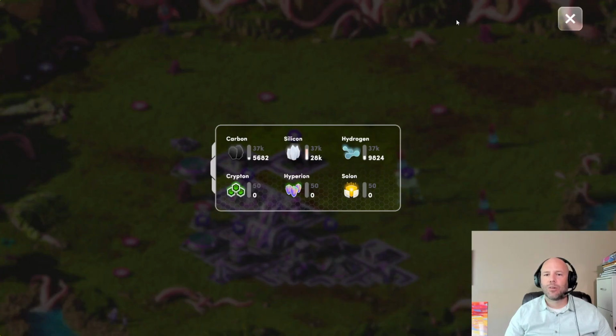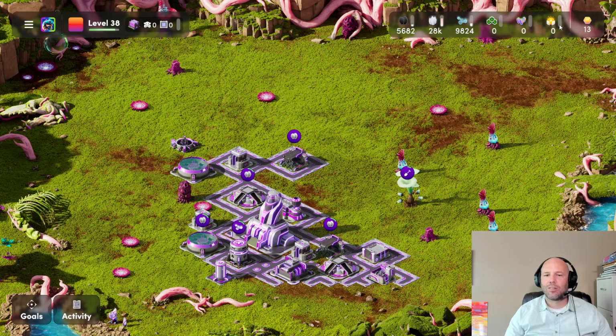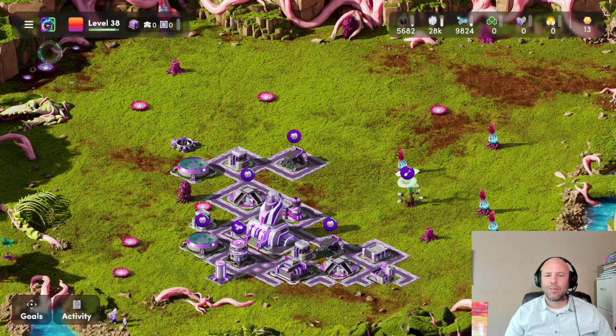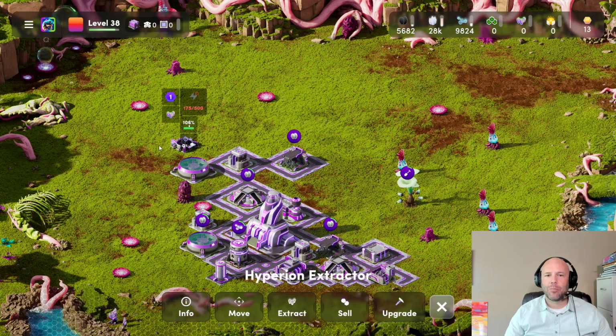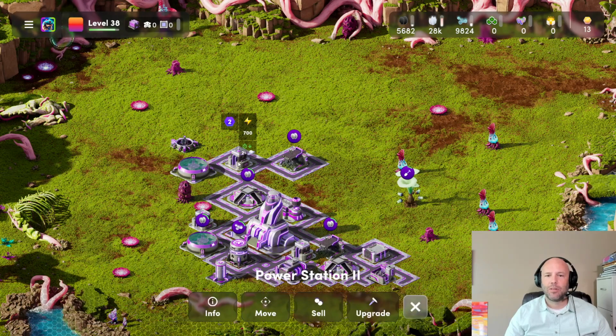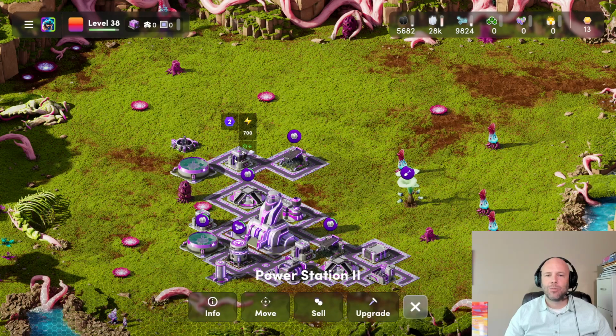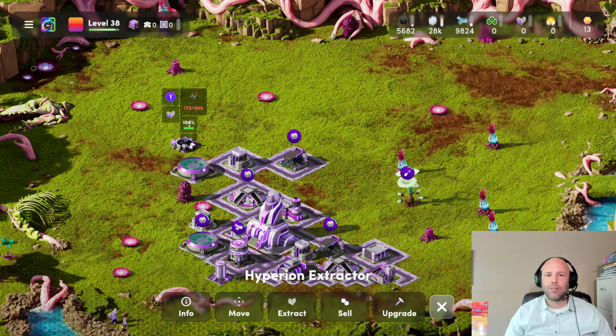Where are we on my storage? Okay, we're 37 across the board. This is already a Tier 4. And we've built our quantum fabricant. That means we just need to power this bad boy up. So we'll go ahead and take this guy up to level 3 to power this guy up. And we'll be able to start farming Hyperion. From there, I